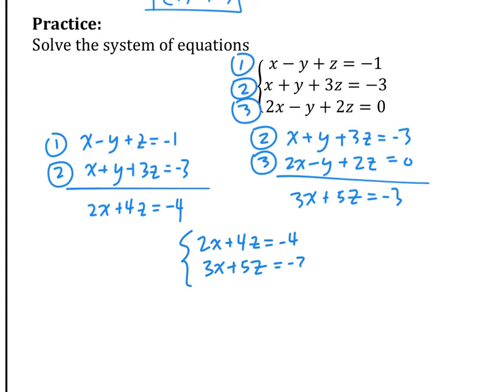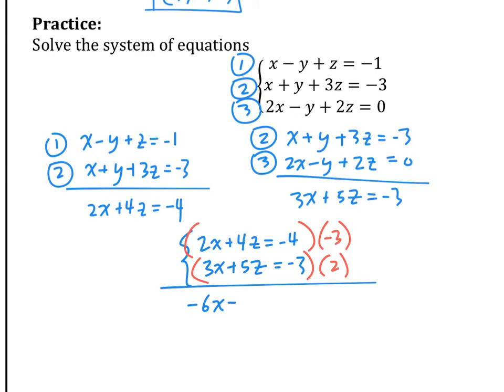So the question is, how do you solve this? Well, elimination. So you have to pick a variable to eliminate. The question is, which one do you think is easier? I think x is easier to eliminate. So if you look at the coefficients 2 and 3, the least common multiple is 6. So multiply this by -3, multiply this by 2, and then we get